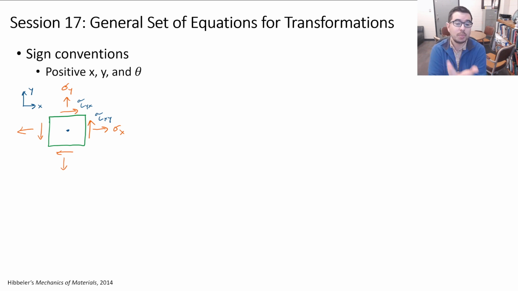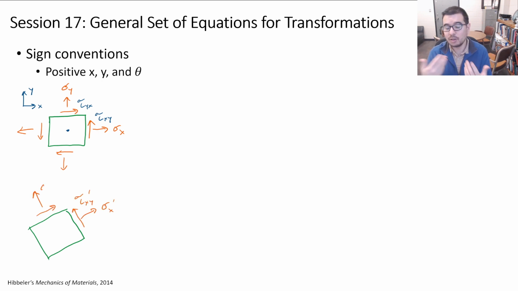Okay, so what we've essentially established are a set of equations that allow us to go from one orientation that's generally given in terms of sigma x, sigma y, tau xy, and then go to a rotated or transformed element that has sigma x prime, sigma y prime, and tau x prime y prime, better said usually. So now,